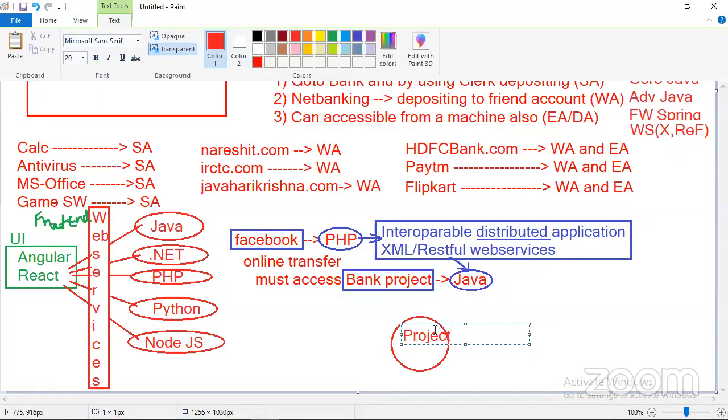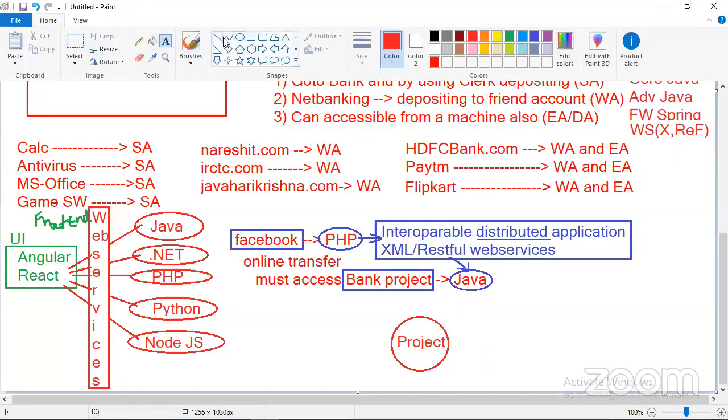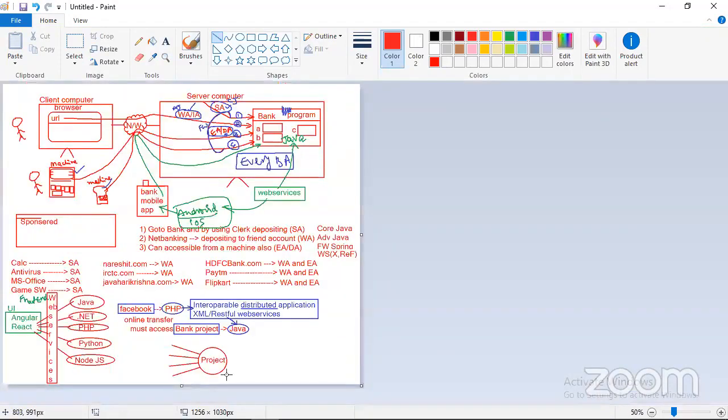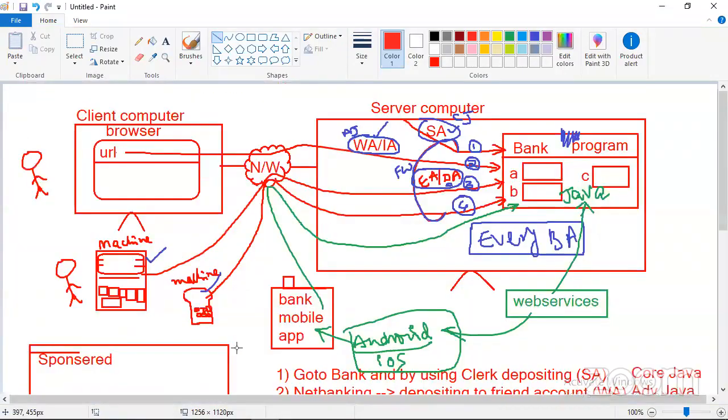Now this project can be accessible standalone, can be accessible from the web, can be accessible from a normal program from another system, can be accessible from electronic machines like a swiping machine, ATM card, ATM machine.